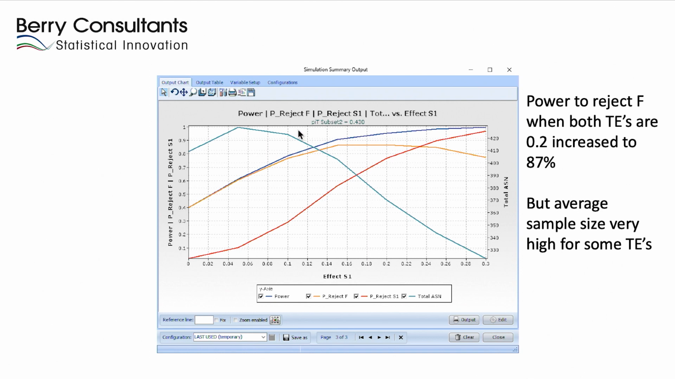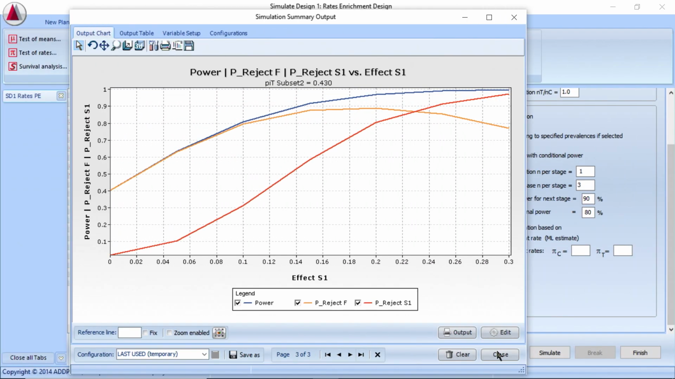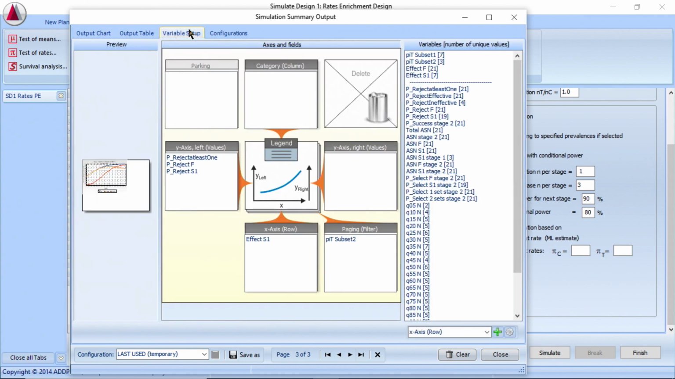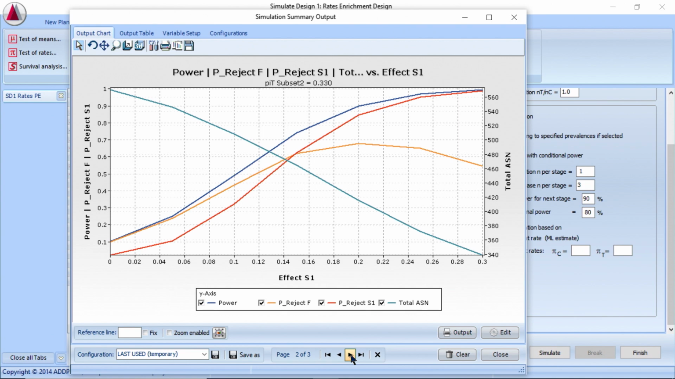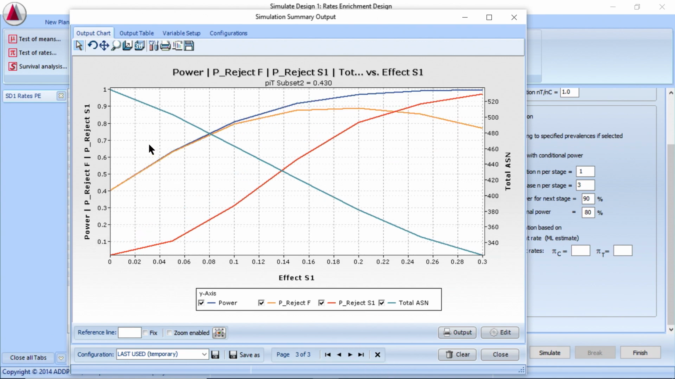As you can see here, we can have a version of the graph where, as well as the power curves, we look at a sample size curve. Here, this new green line. So let's take a look at adding that in. We do the variable setup, and what we can do is add a second y-axis, which is going to be our total estimated sample size. Now when we look at the chart, there indeed we have the green line, and we can go to the third page, and there is the total expected sample size. And you can see,